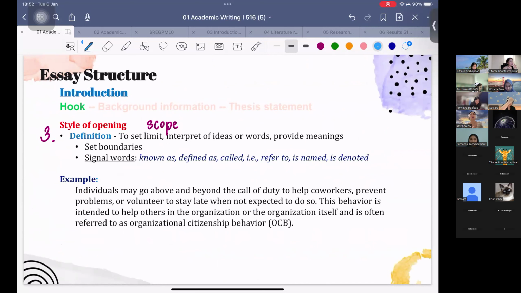For some people, I've seen that some people study certain diseases, so they might start with a symptom of a certain disease. That is one way. Or the effects of a certain disease. So one way to start an intro is to start with the definition of your topic. It can be what it means, how it happens, or